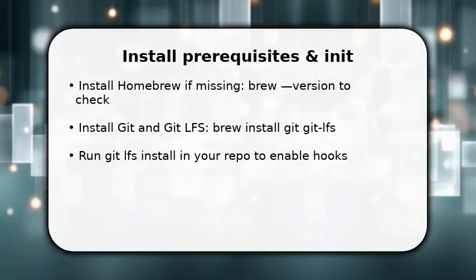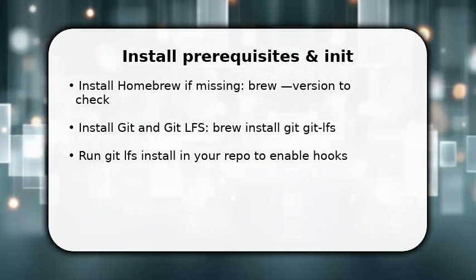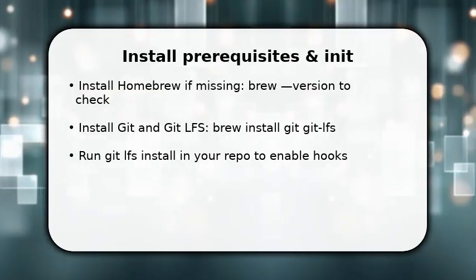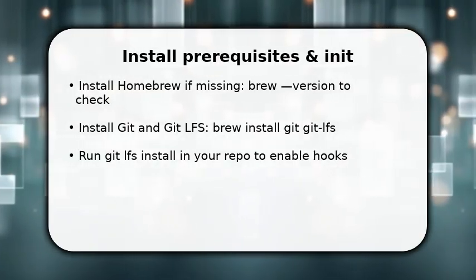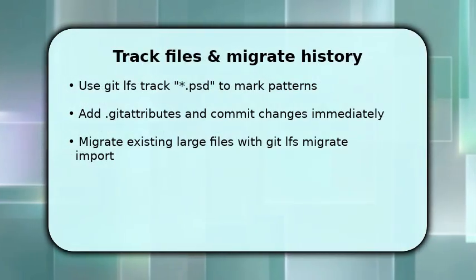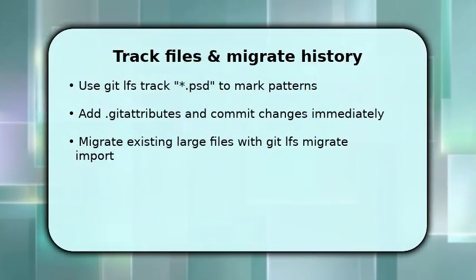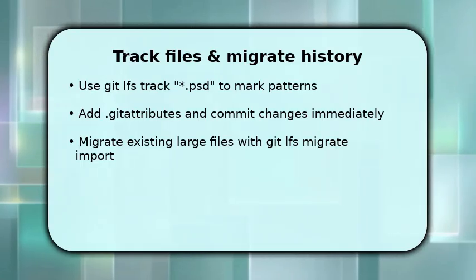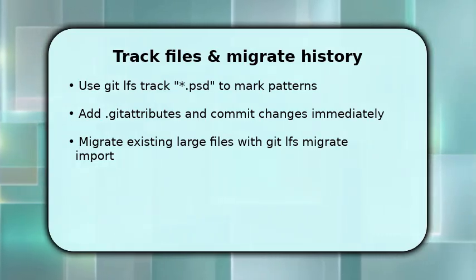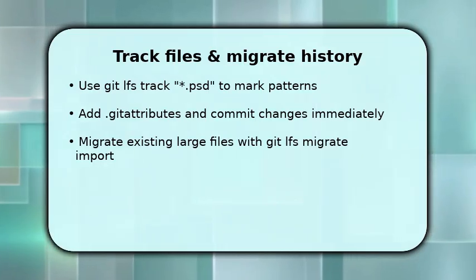This step wires LFS into your local Git so large files are tracked correctly. Make sure you run it from the account you use for commits. Now you tell Git LFS which files to manage. You can run git lfs track "*.psd" or specific paths, and that updates .gitattributes, so add and commit